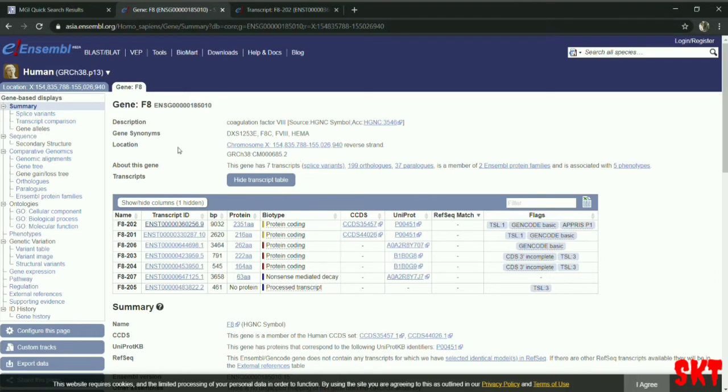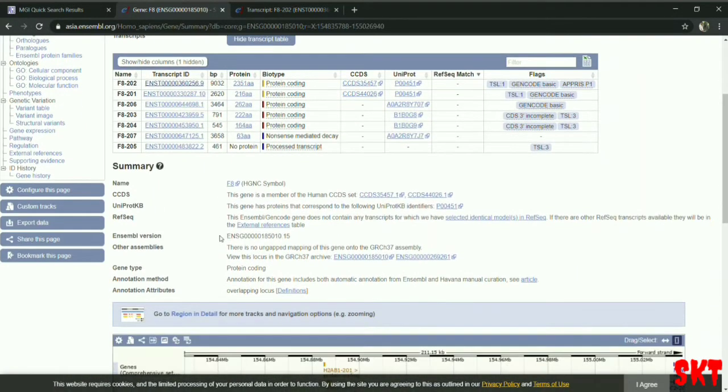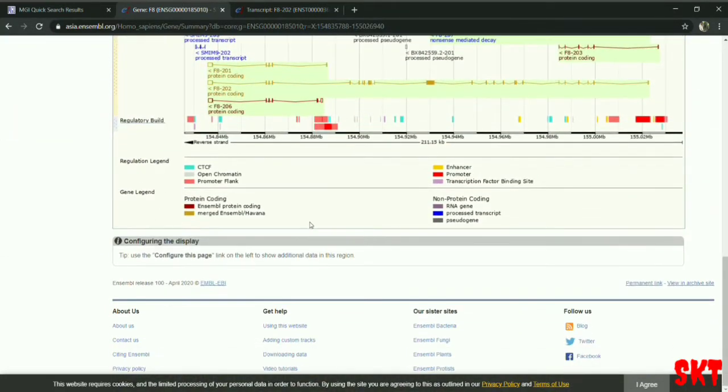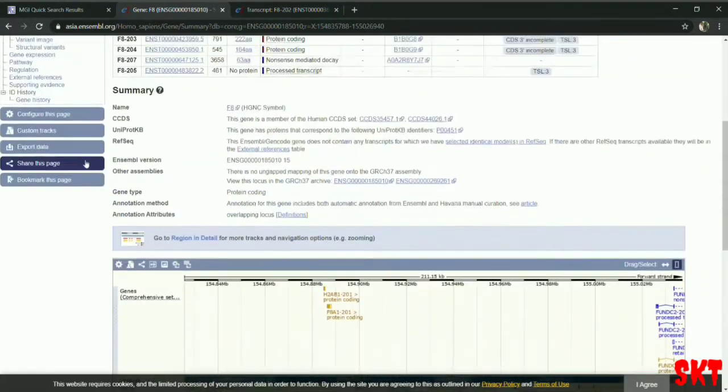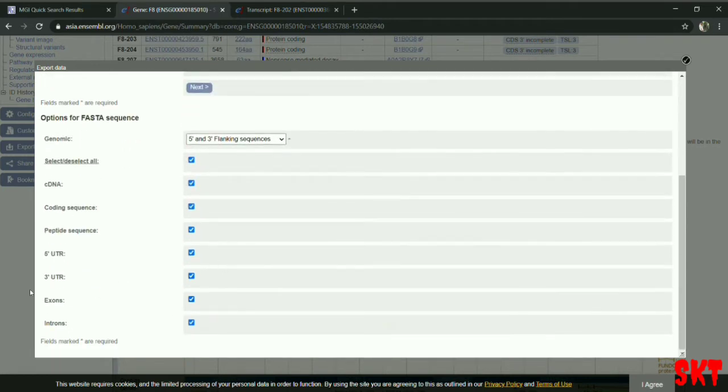And you will find all the information like the location of the chromosome in which the F8 gene coding sequence is there, and you can find all the information down here for that genome sequence. At the left side you will find the export data option, and you export the information.